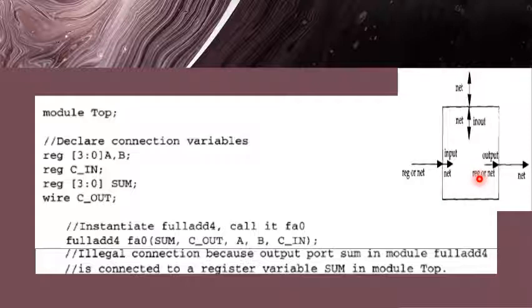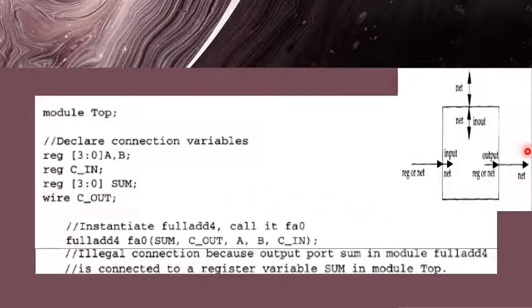Now coming to output. The output internally can be declared as register or net. So inside the full adder, if you recall, we have declared the output using the keyword output. As I told you, if you declare it using the keyword output, by default they will be taken as net. So it is obeying that rule. But externally, the output port should be declared as net only. So here what we have done is we have declared sum, which is an output, as register.